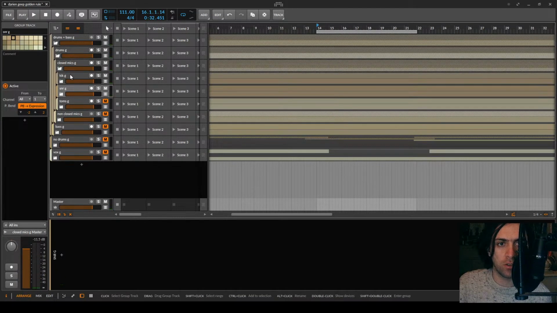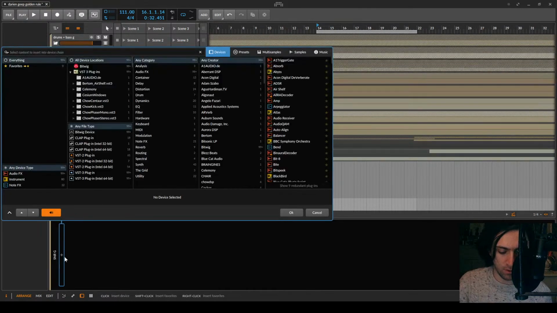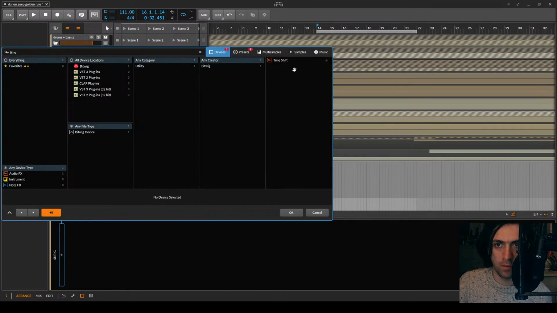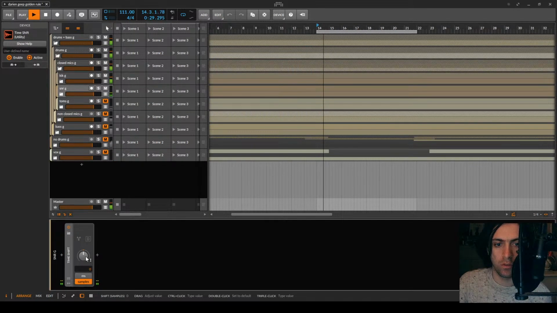For now, it's just important to time align the kick and the snare to sound good with each other. Nice, nice, nice.